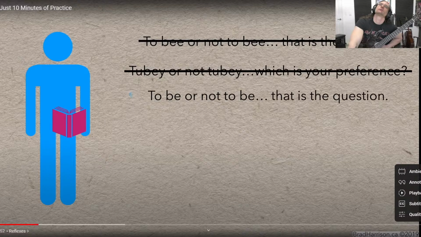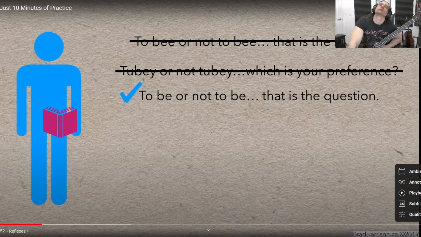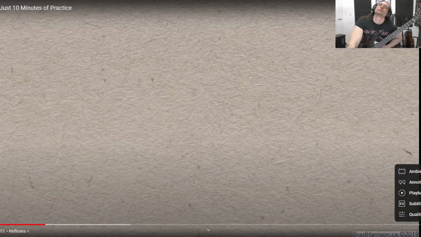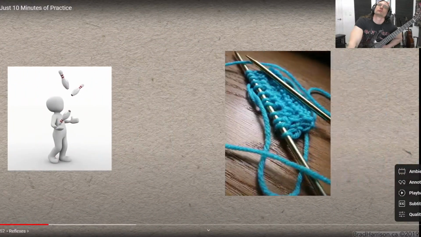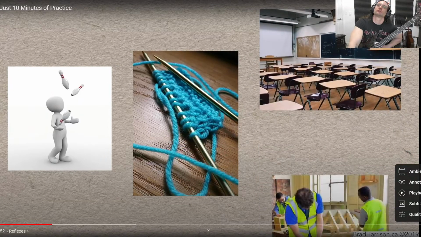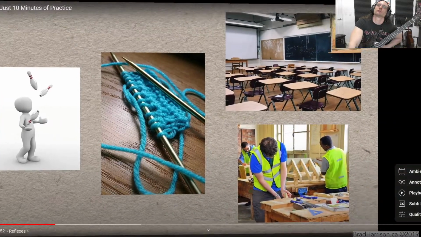These are all examples of how the brain can be trained to do useful stuff in a way that's consistent, unconscious, and easy. It's practically a superpower. You can use this phenomenon to learn any number of interesting or useful skills, like juggling, knitting, or any number of things you'd have to learn or memorize for school or your job. But today, let's apply these techniques to learning music.